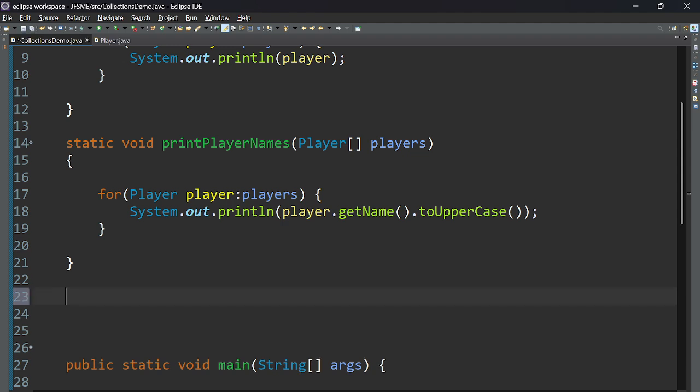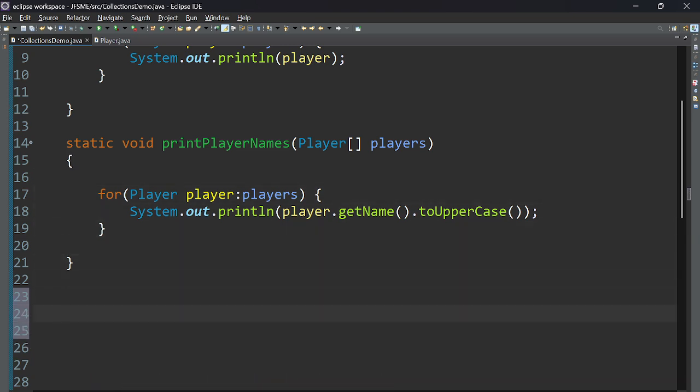Okay, let's get the find players by role. Let the user give me the role, whether he wants the bowlers or the batters. If a user says give me all the batsmen, then let's give the user the batsmen. And if a user says give me all the bowlers, let's give back the bowlers. So let's say find player by role. This is something which I want to give, and here a user is going to give me the role,